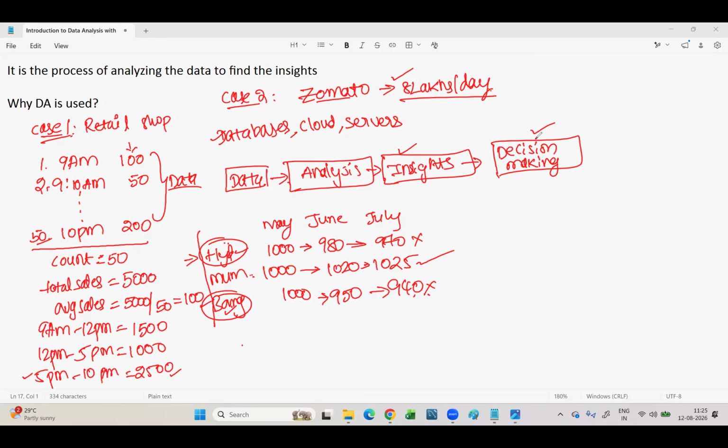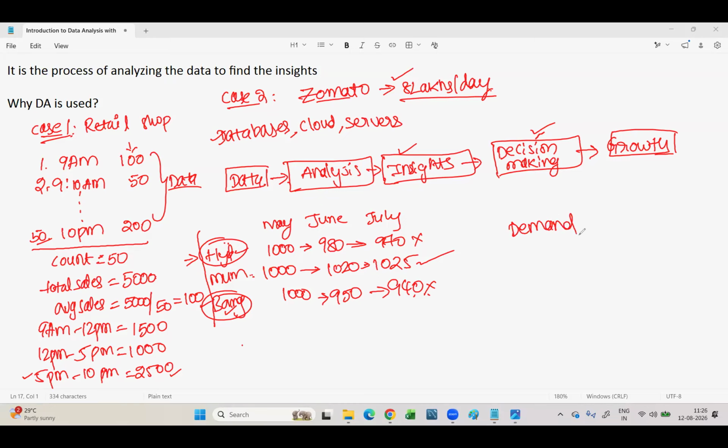Decision making is very crucial in companies. If you don't make proper decisions, the company itself will suffer a lot of losses. That's the reason data analysis is very much needed to help with decision making. With this decision making, the company will get good growth. This is the ultimate reason behind the company's use of data analysis, and there is a lot of demand for this course in the market. The reason is that every company wants to have a data analyst in their project, because they want to understand how their business is running. That is the main reason why you need to choose this course.